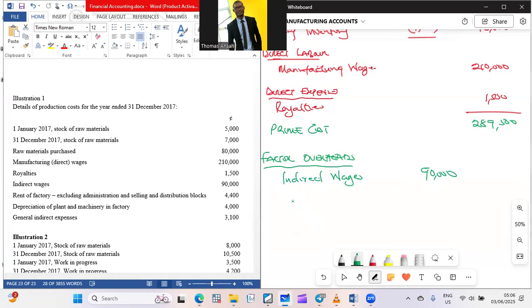So what if it includes it? Then they will be giving you the basis of apportionment. That's 4,400. Then we have general indirect expenses, that's for the indirect expenses,